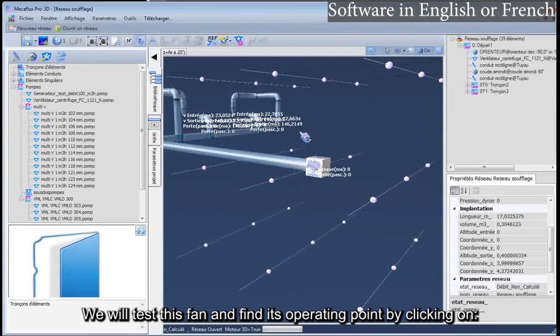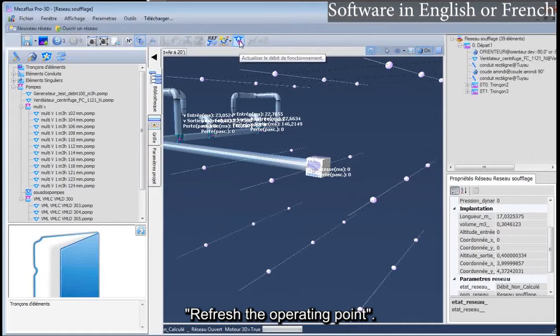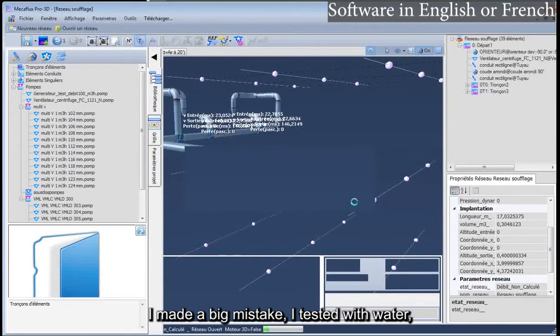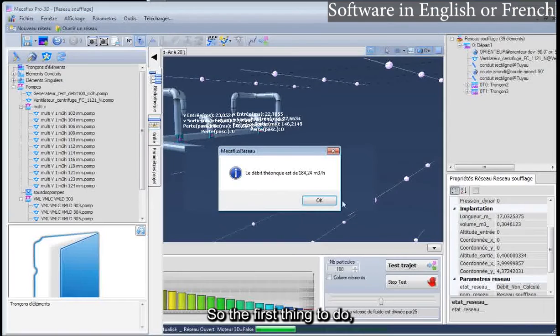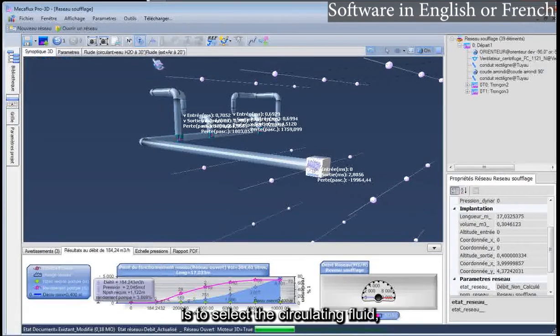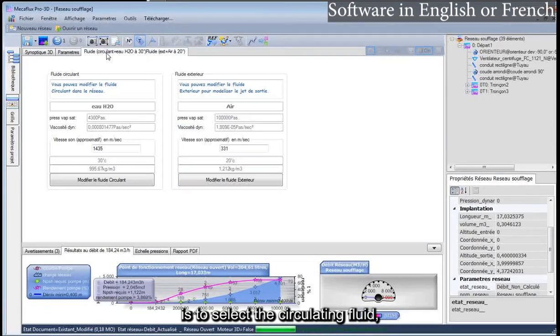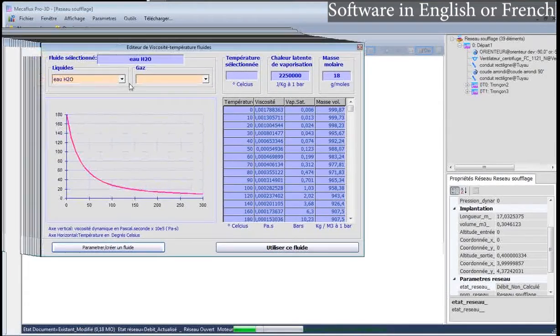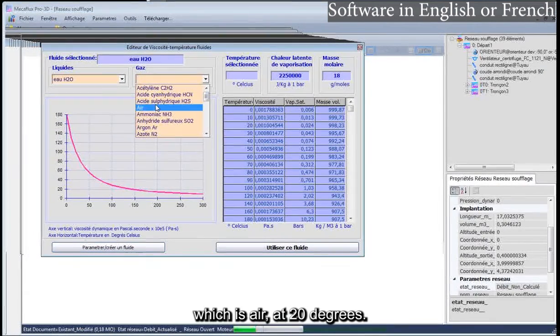We will test this fan and find its operating point by clicking on refresh. I made a big mistake. I tested with water. So the first thing to do, excuse me, is to select the circulating fluid, which is air, at 20 degrees.